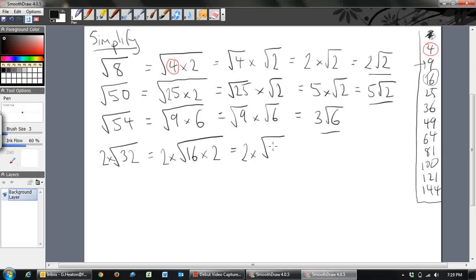Let's break it up, still with that 2 times sitting out the front. I'm not going to change that. Square root of 16 times the square root of 2. So I've broken that square root sign into 2 pieces. Then it'll be 2 times, what's the square root of 16 equal to? That's 4 times root 2. And so that's what we end up with. Now we can just simplify what's come out the front. 2 times 4, that's just 8 root 2. And that's your answer there. So that's a bit about simplifying surds. Hope you understood it. We'll do some